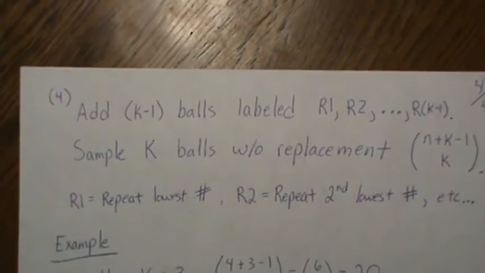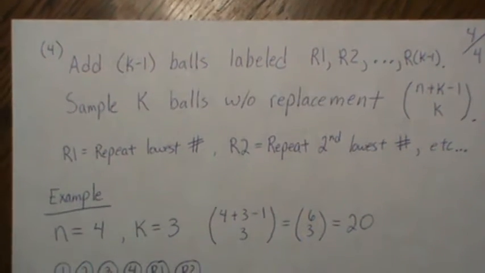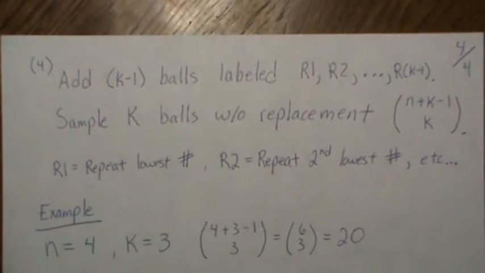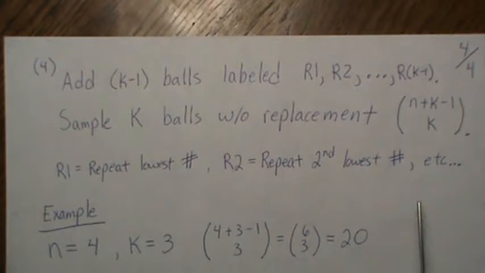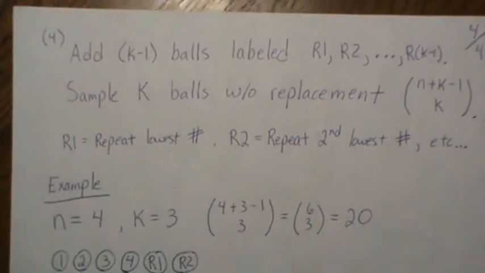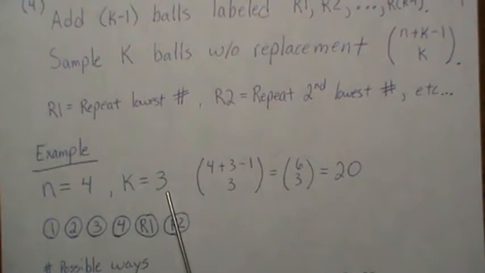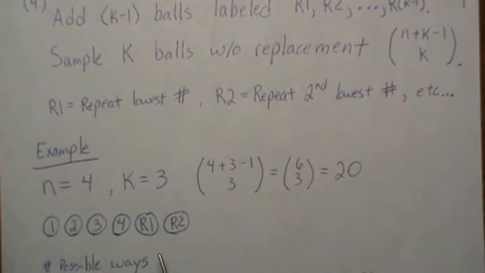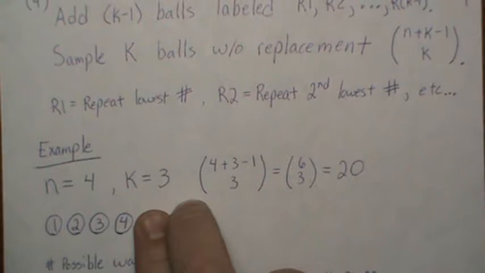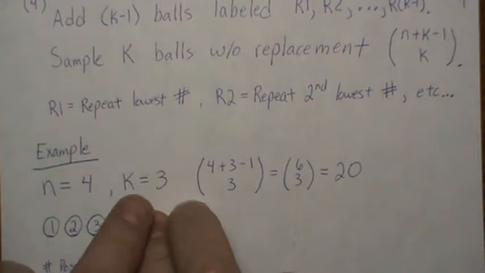And let me give a quick example. Let's have 4 balls. We're going to sample 3 with replacement, and so the formula I'm claiming is there's 20 ways to do it. Now, it says take the 4 balls and add 2 more, k minus 1 more. But if we kind of start back from scratch and assume these two are not there,